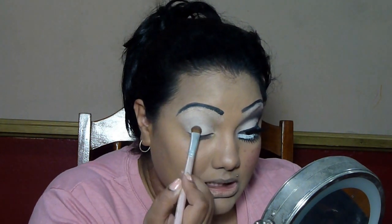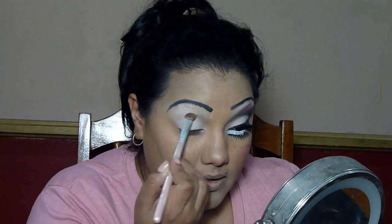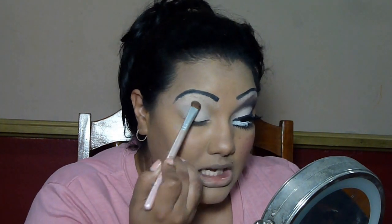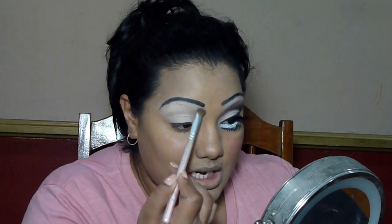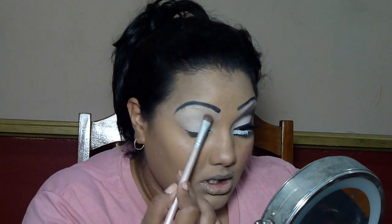So using a big fluffy brush, you want to really pack that lighter color onto the lid. And you want to put this color all the way from the lash line straight up underneath the eyebrow, or your new eyebrows rather. And notice that I'm patting this on because the glue stick may have a tendency to get dislodged if you rub on it. So once that's done,